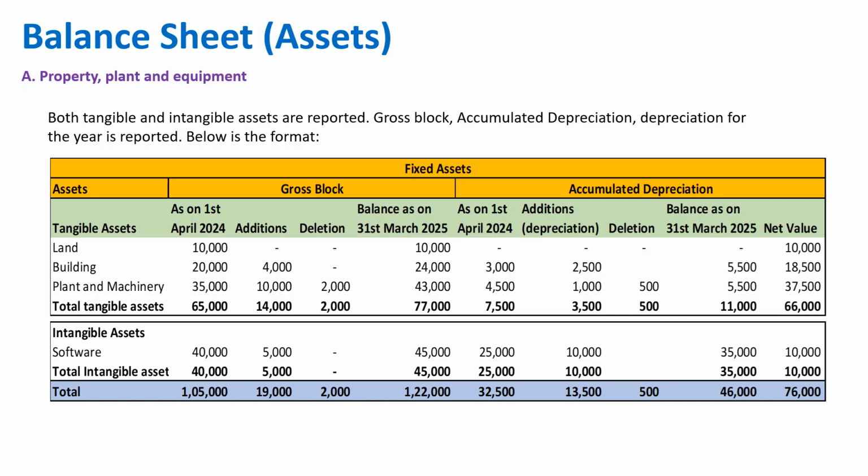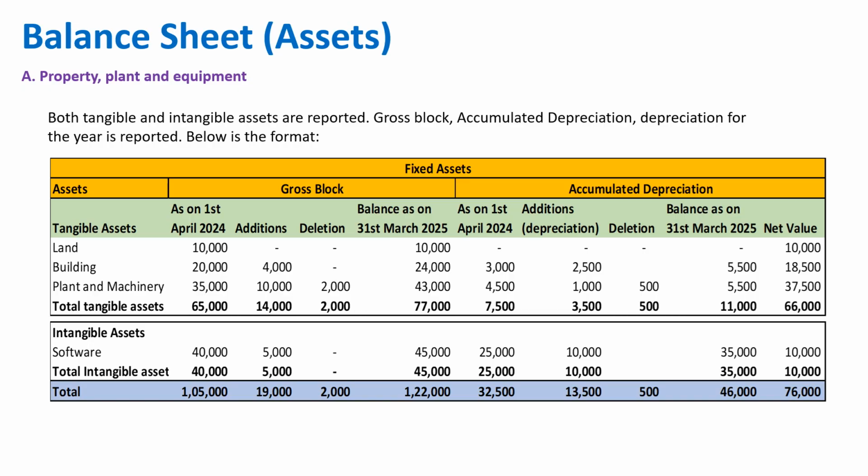Okay. In gross block, you have to give the movement, that is the opening balance, additions, deletions, and the closing balance. Okay. Similarly, in accumulated depreciation also, you have opening balance, additions. Addition means the depreciation posted during the year, then deletion and balance as on 31st March 2025. And what is net value? Net value is your closing gross block minus the closing accumulated depreciation,